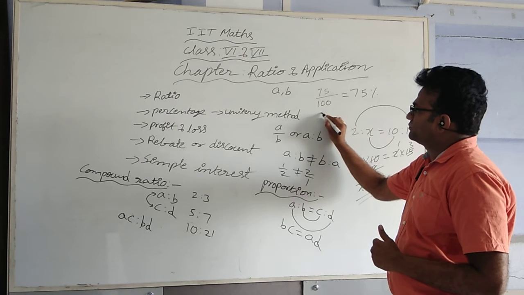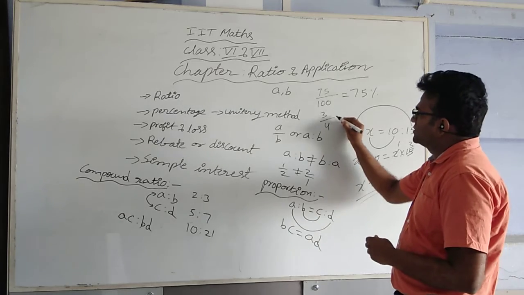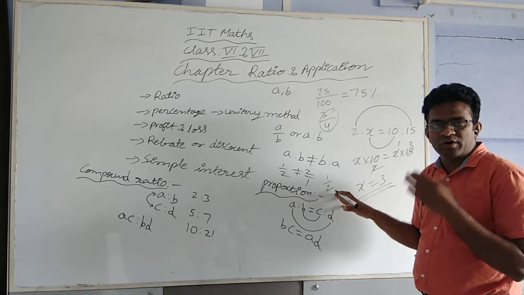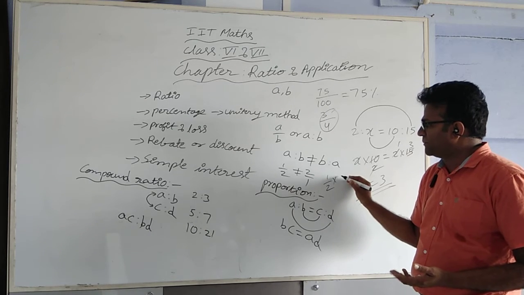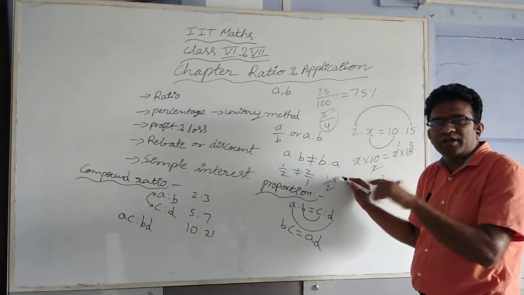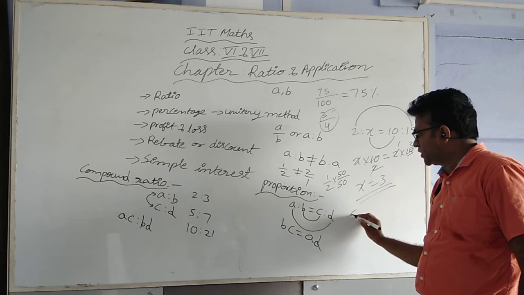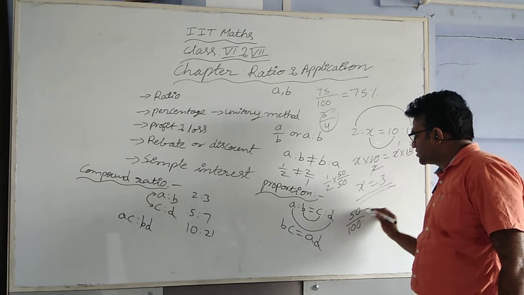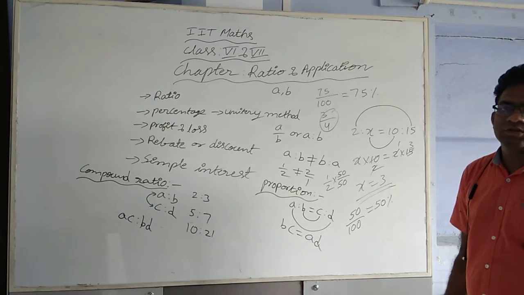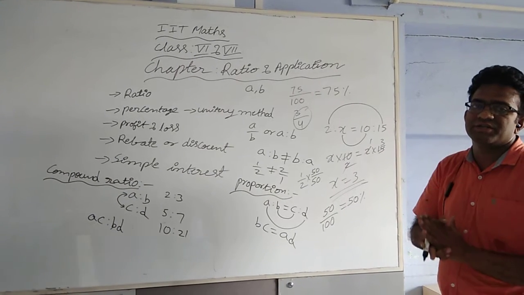For example, 3 by 4. Otherwise, we are going to take 1 by 2. Here in the denominator we don't have 100. So first of all, we have to make this fraction into an equivalent fraction with 100 in the denominator. So I am going to multiply 1 by 2 with 50 by 50. Then I am going to get 50 by 100. So finally, it is equal to 50%. So out of 100, or 100 in the denominator, is nothing but a percentage.